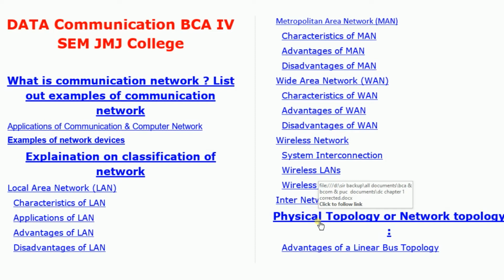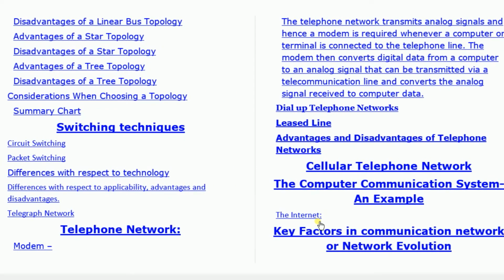And today, I'll start data communication, which is in our fourth sem. First, we will see the syllabus. And in the first chapter, we will see what the communication network is and the examples of communication network. Then, explanation on classification of network, topologies, that is physical topology or network topology, then advantages, disadvantages of topologies, then the